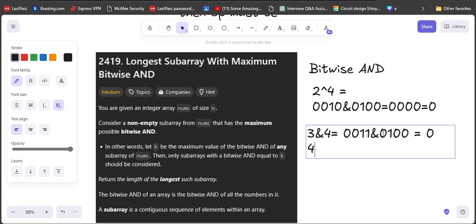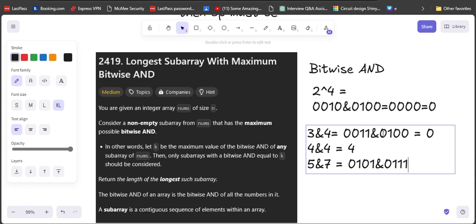If I do 4 and 4, what will it become? It is 4, right? And let's take another example, 5 and 7. How is 5 represented in bits? 0 1 0 1. And how is 7 represented? 0 1 1 1. Am I correct?